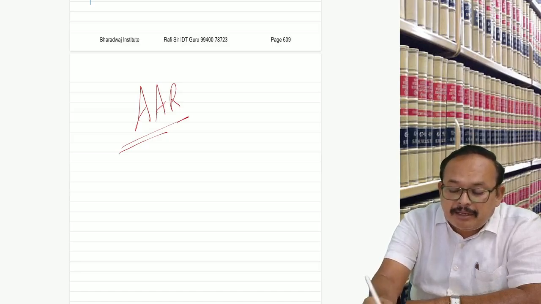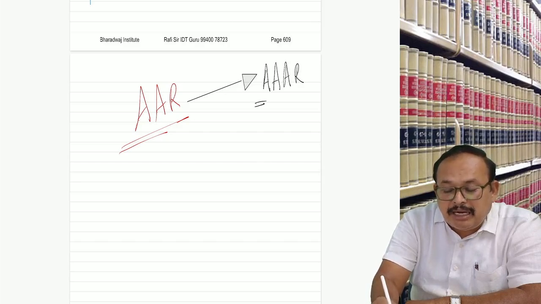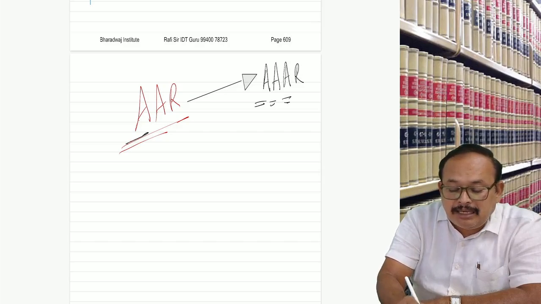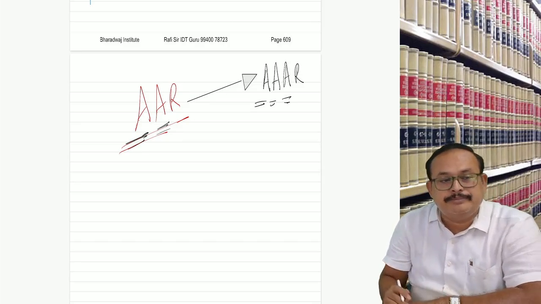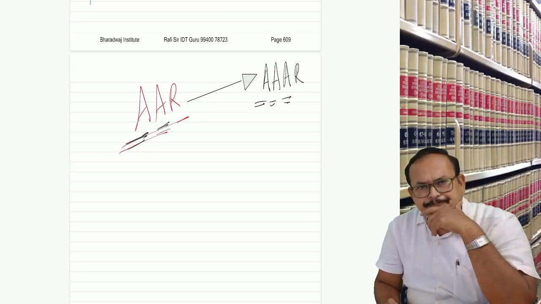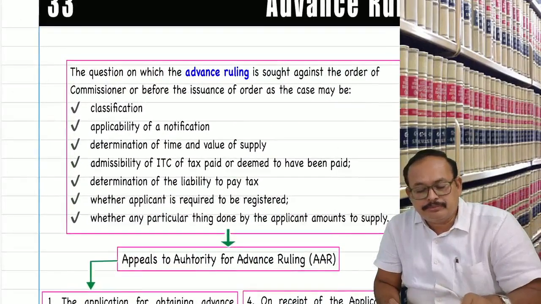From AAR to AAR, Appellate Authority for Advance Ruling. It is the Authority for Advance Ruling. Very simple. The matter belongs to